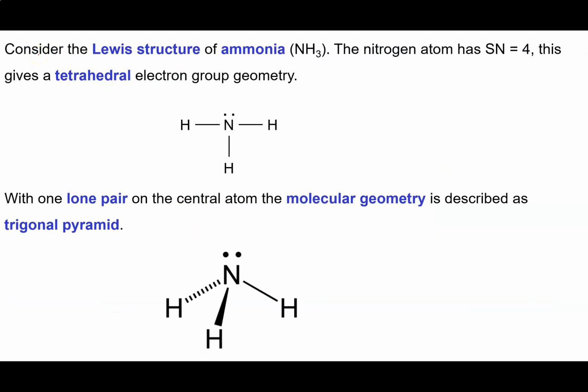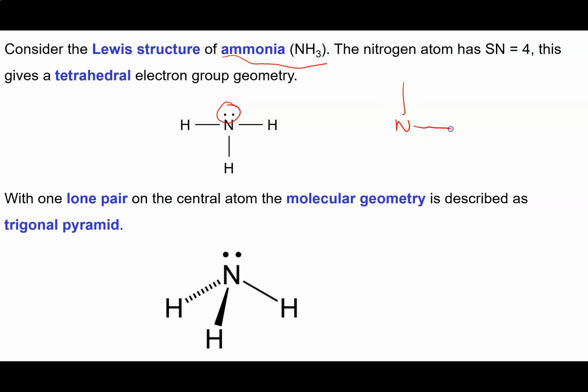Now let's go to a molecule that has steric number equals 4 and also contains a lone pair. And the classic example of that is ammonia, NH3. So in the Lewis structure of ammonia, we have 3 bonded hydrogen atoms, and then we have 1 lone pair on the nitrogen atom. So it has electron group geometry tetrahedral,